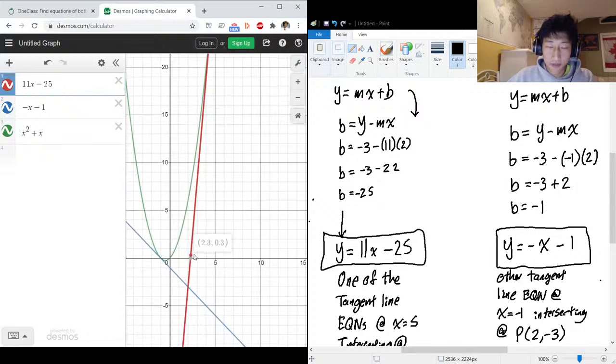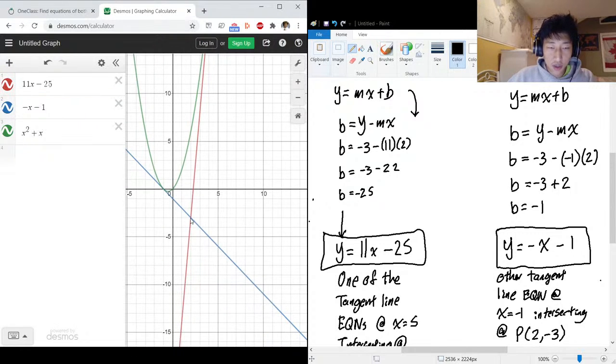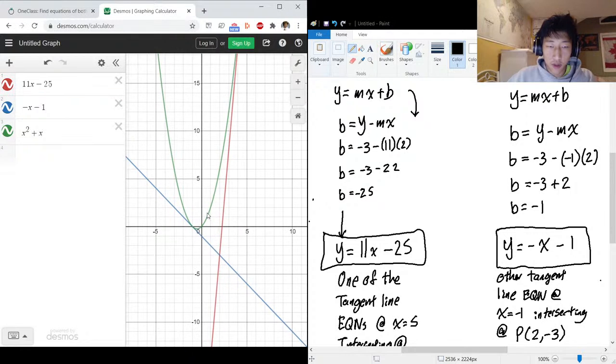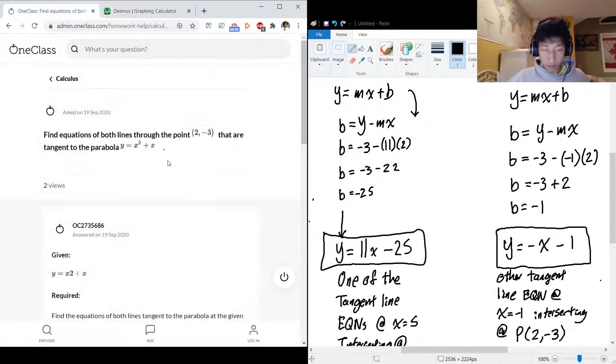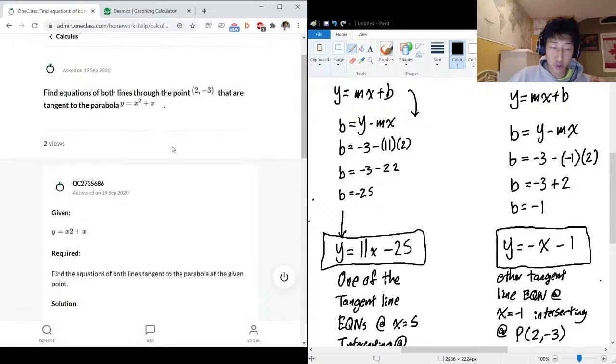That's encouraging. It also intersects at the point of interest, 2, -3. The green is our parabola. That's what's inspiring our tangent lines. And wow, it seems that we have a complete answer for this question. We have our two equations for the tangent lines to this parabola that intersect with our point of interest, 2, -3. So when we look through the solution here,